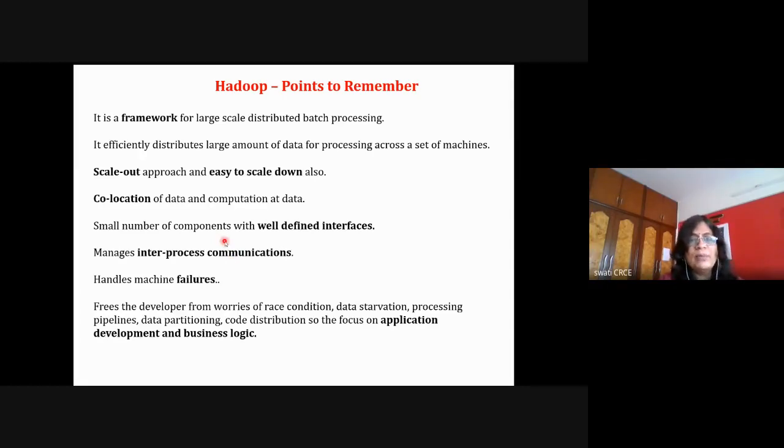The programmer doesn't have to worry about it. It even handles all the failures in the background, and the programmer doesn't have to worry about race conditions, data starvation, processing pipelines, partitioning or distribution. You just have to focus on writing the application and business logic.